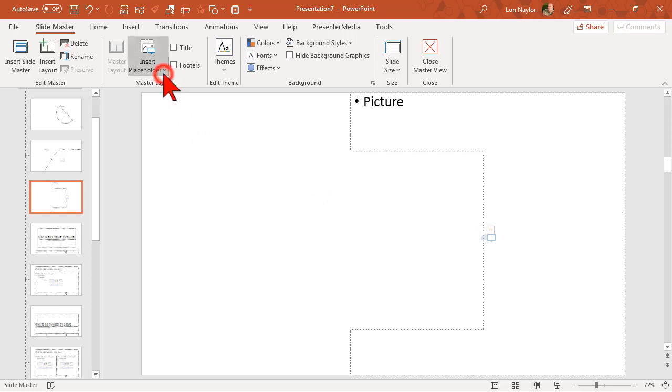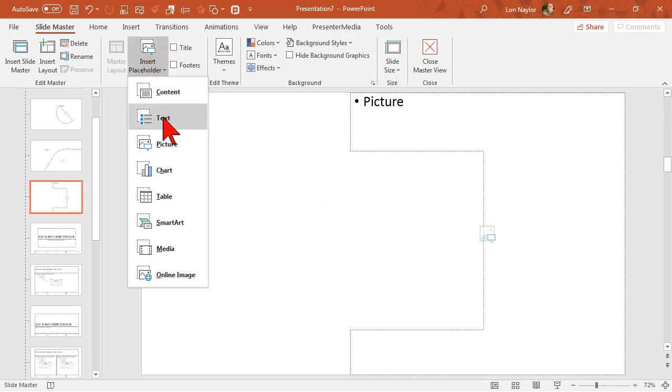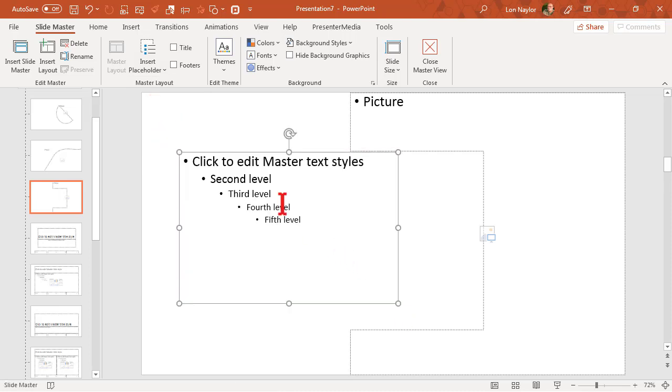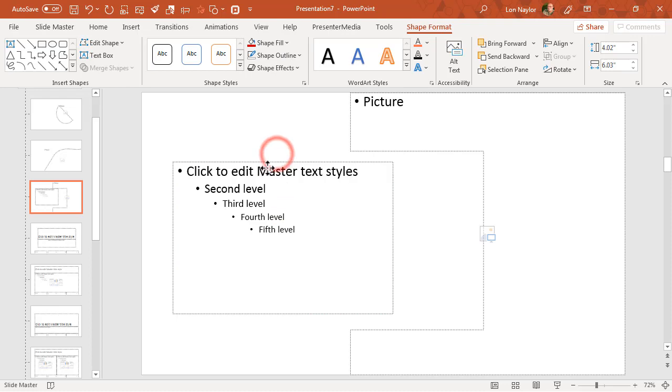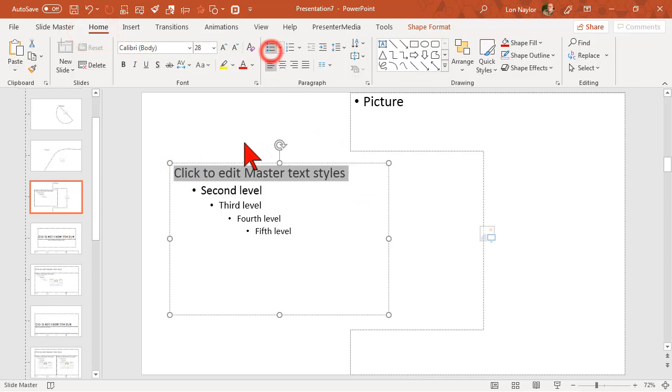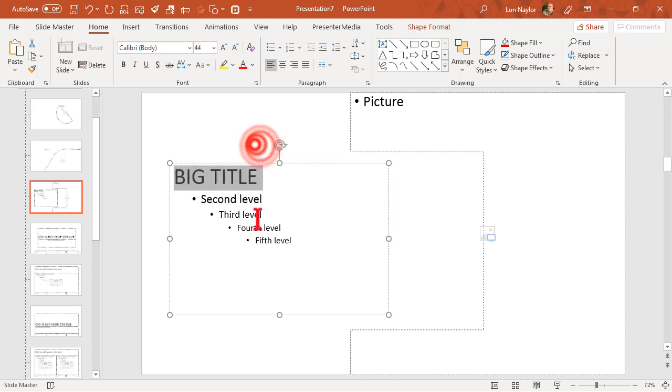And one of the other kinds of placeholders I could put in would be something like text. So let's draw out some text, a text area here, and put in some formatting. Let's take the bullets off of this guy. So this would be my big title. Okay, and I can make it whatever fonts or things like that I want. Just kind of position it,